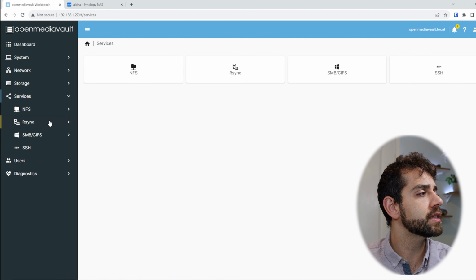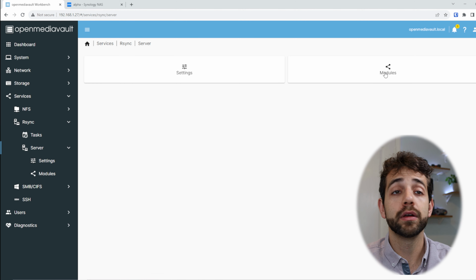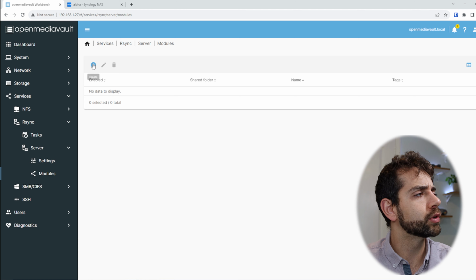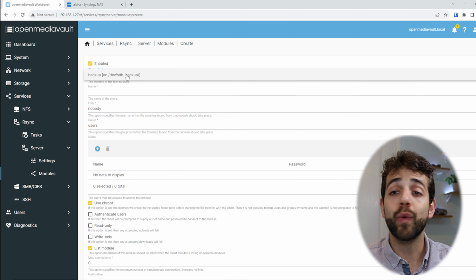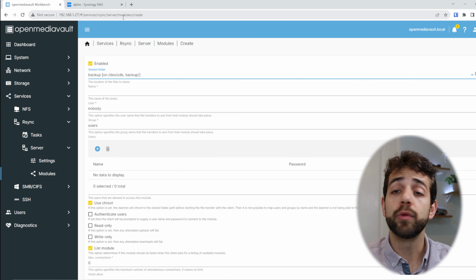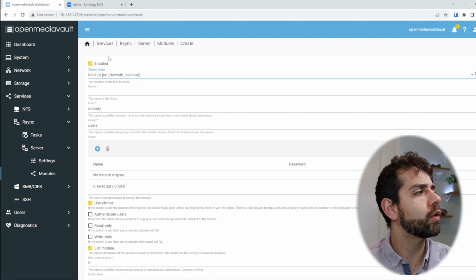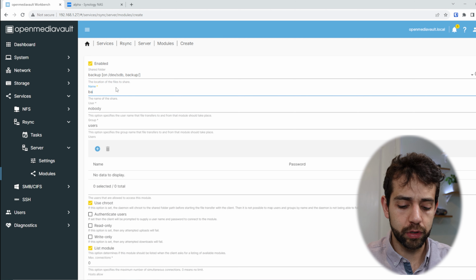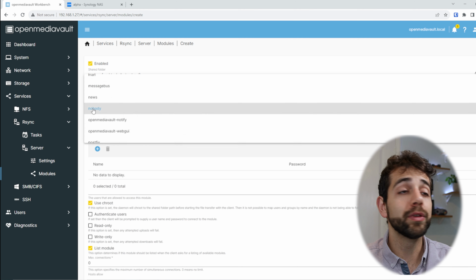So I come here in Services, Rsync, Server, Module, and here I don't have any module, we start from zero. So I'll put add, and I can select what folder that I will save it. Because I already created a shared folder called backup, I will save on it. I can define the name of the module, I will put backup, and here will be the user that will